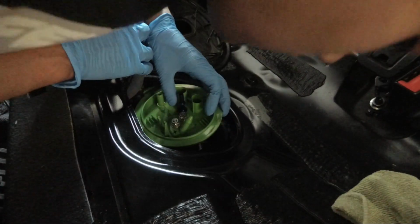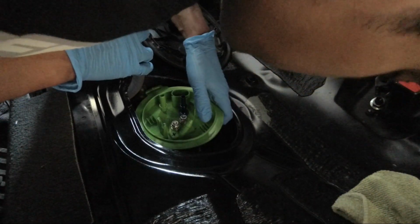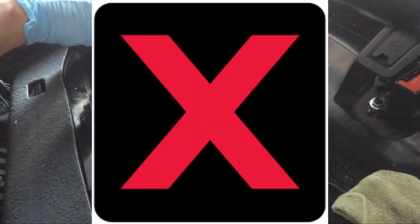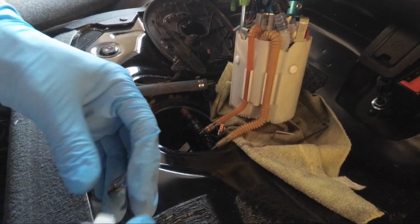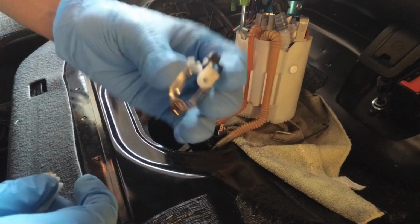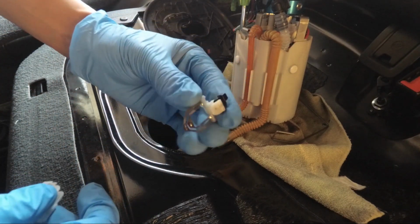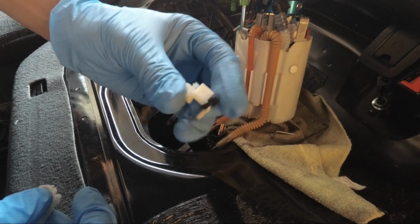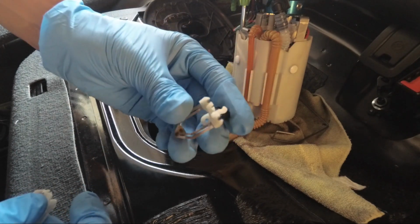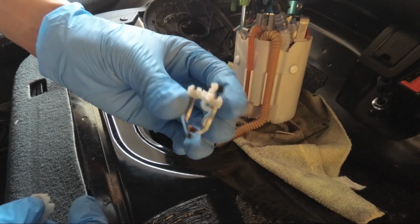Fuck, I hope I didn't break that. And I fucking did. Shit! So as you can see, I actually broke the little piece for the fuel sender, which helps read the level. It was already kind of busted from the previous owner, but